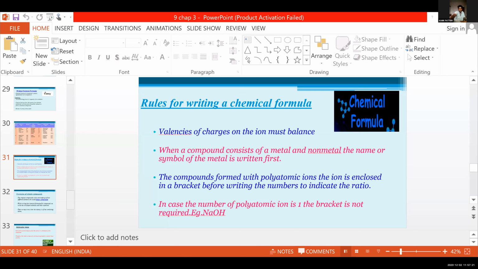So all of you please go through these rules. Then again symbols, atomic masses, these ions too. When we learn this, it is much easier to write the chemical formula. So from next class onwards, we are trying to write the chemical formula. It's very easy. Just go through these rules, then symbols, then atomic masses and valency. For next class, all of you study these symbols, atomic masses, valency once again. Clear?